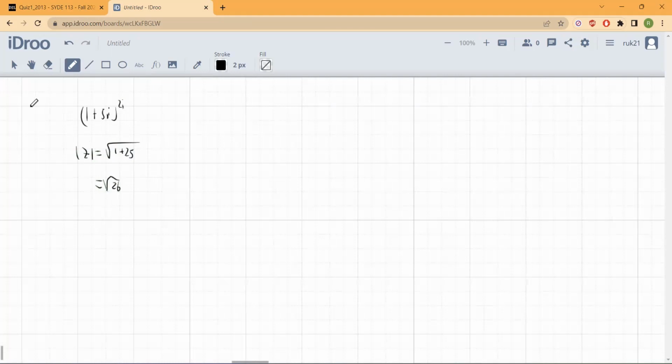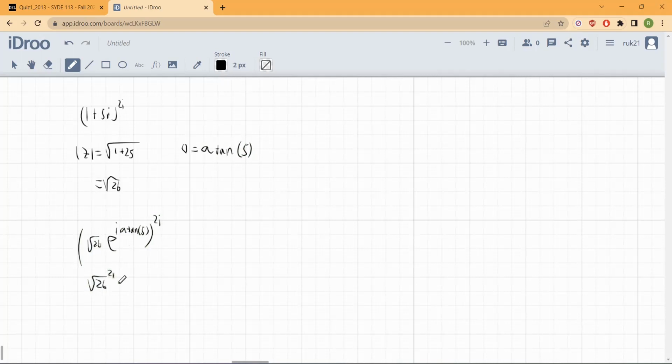So that's our modulus. And then our angle, our theta, is going to be a tan, to be more exact, a tan of 5, because it's 5 over 1. And so our exponential form is going to be root 26 times e to the i a tan 5. So all of this we're going to take to the 2i. So now if we just expand this, we're going to get root